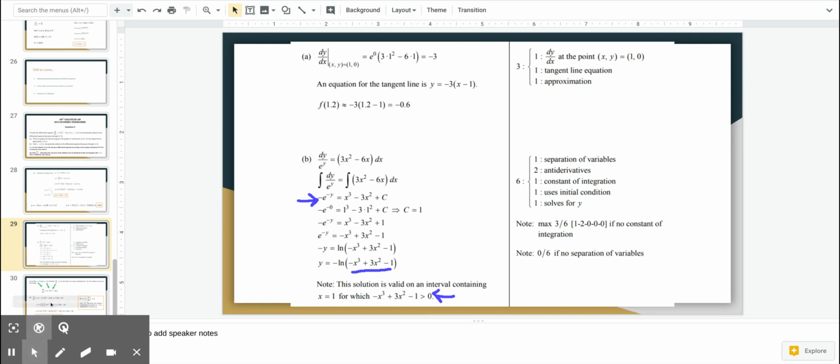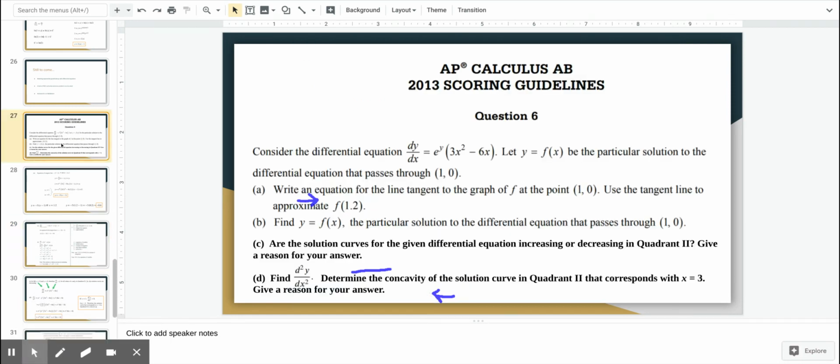Okay, let's look at parts, the new parts C and D that I put in here. So part C is asking, are the solution curves for the differential equation increasing or decreasing specifically in quadrant 2? And then we need to give a reason. So this is